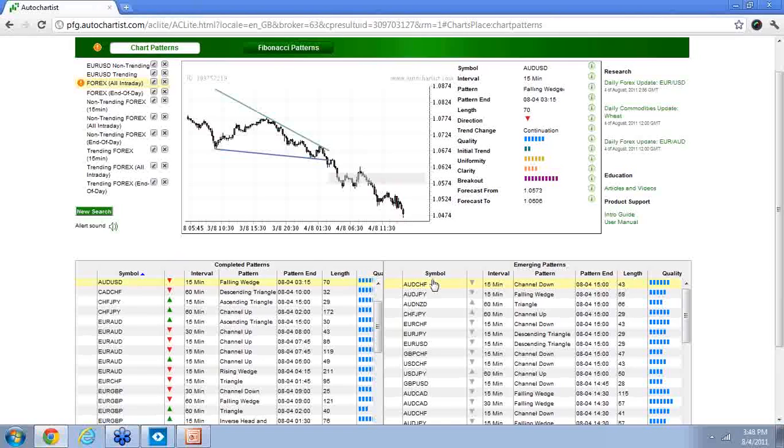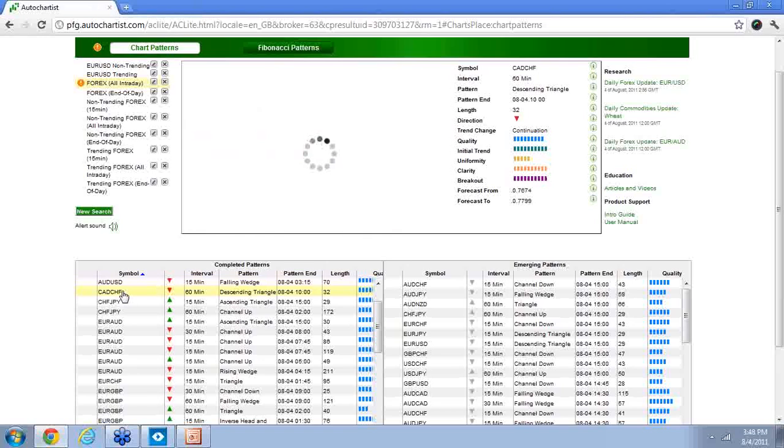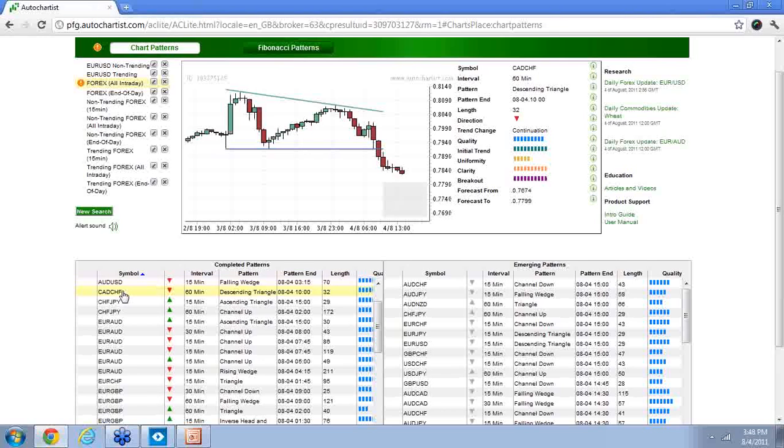So that's the rotation, is that you have this emerging pattern and a completed pattern. If we look at this particular pattern, this is completed. It's a Canadian dollar Swiss franc. You can see that Autochartist has identified this descending triangle, which is a flat support point and a downsloping resistance